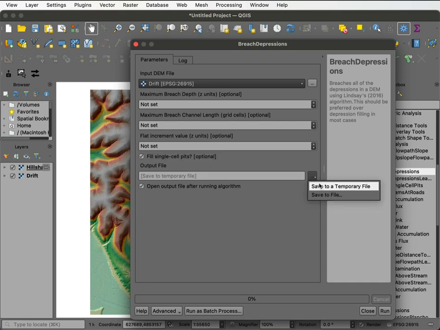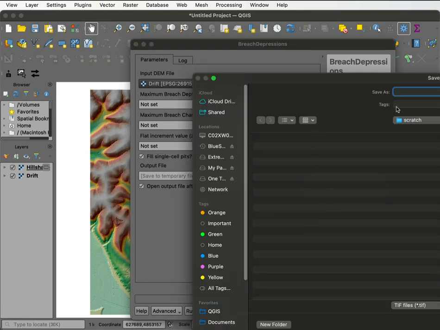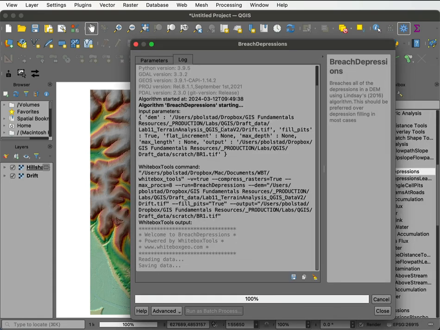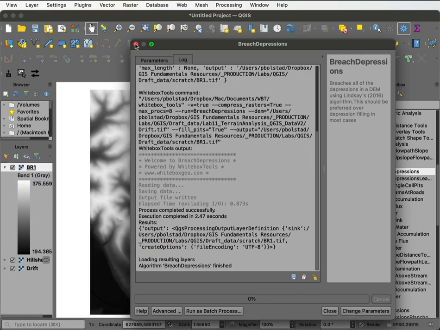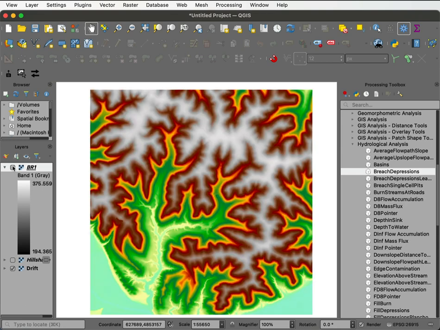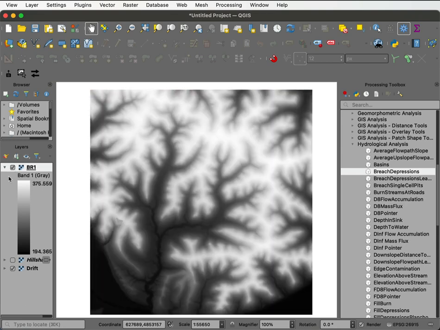And I'm going to save this to a file. I'll call it something like BR1 just for brevity. And then run. And it's a fairly quick algorithm. So here I have a new data layer and I can compare it to my old data layer, but I can't really see much difference except for the difference here in the